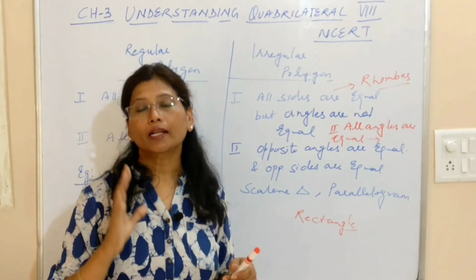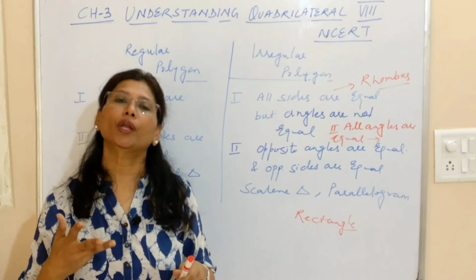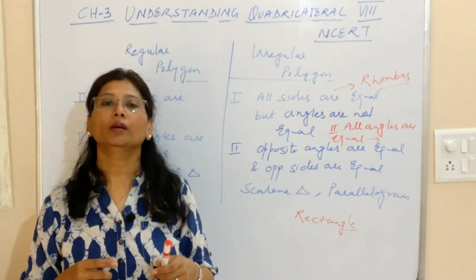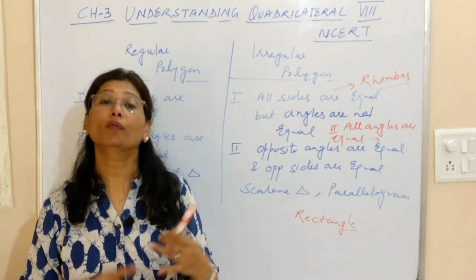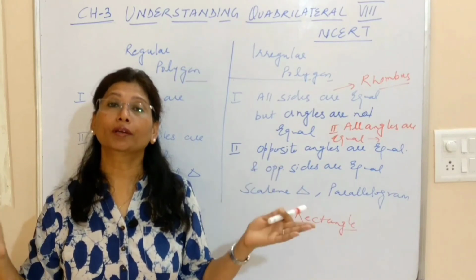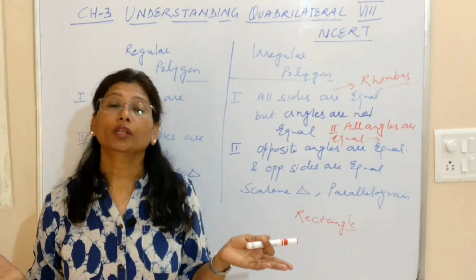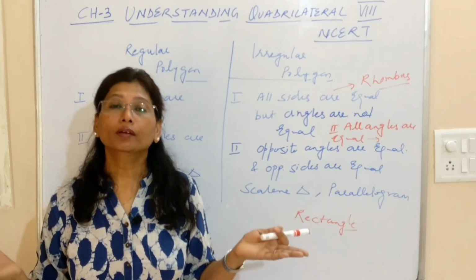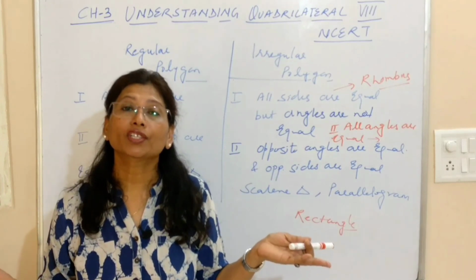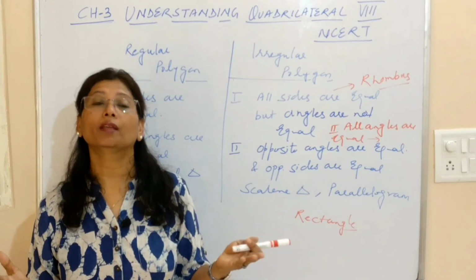Okay. So that is what I have taken today as the introductory exercise. In my next video, I'll continue with the same chapter, that is, the number of diagonals a polygon can have. How will you decide, if you have, say, a 12-sided polygon, how many diagonals it will have, how will you find out? How will you find out the total sum of interior angles of a polygon? How will you calculate it? How will you find out the measure of each angle if it is a regular polygon? I'll continue with all these topics in my next video.